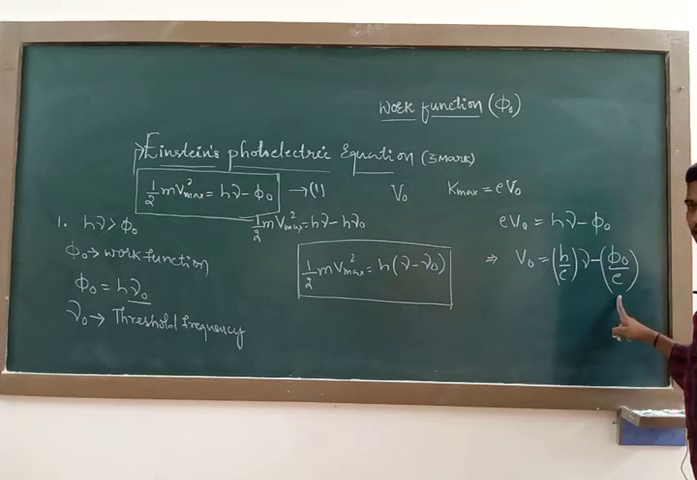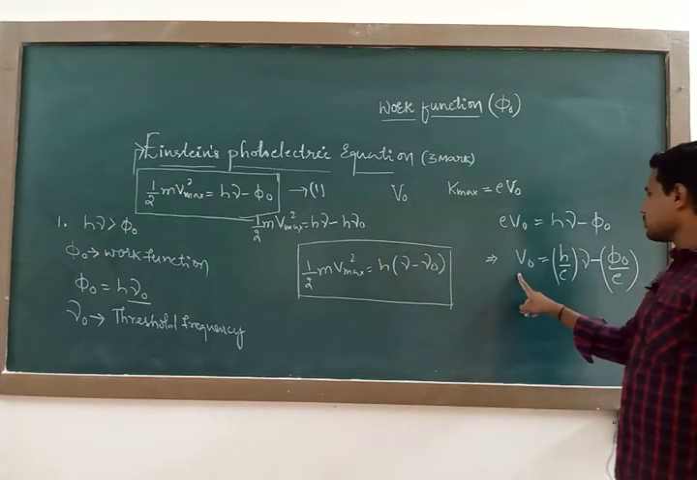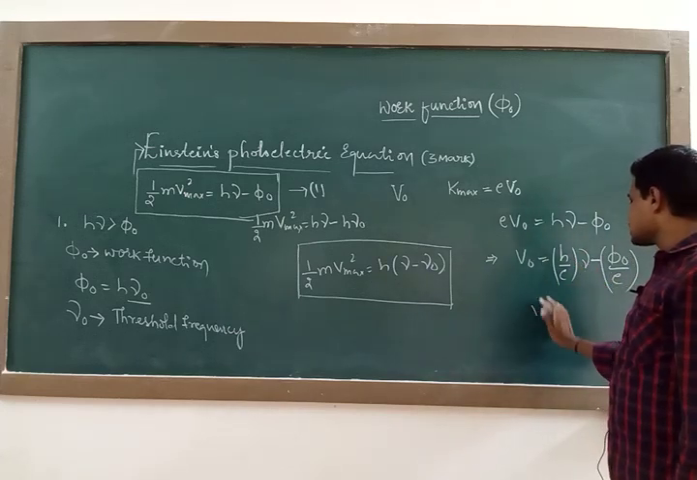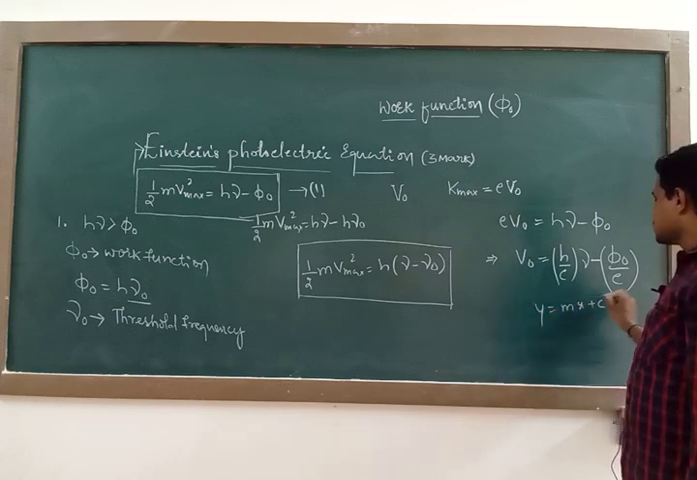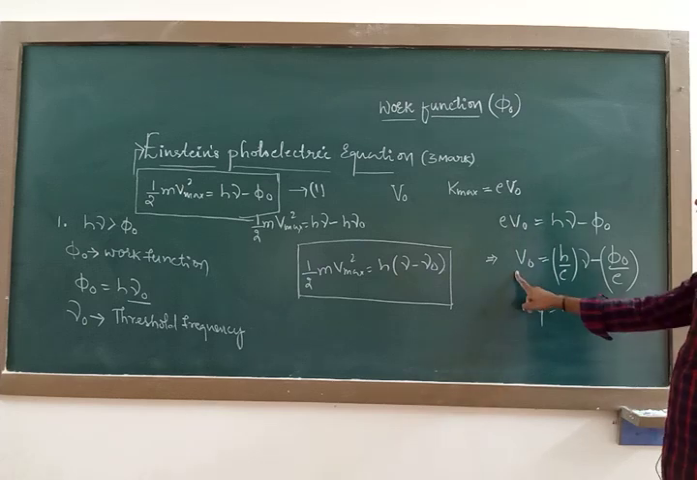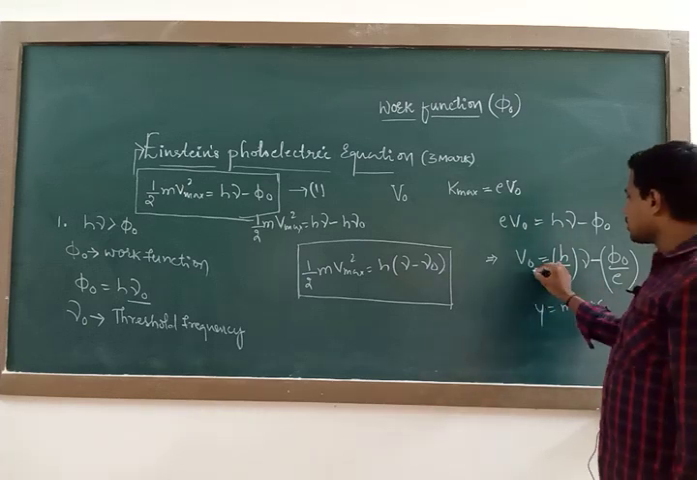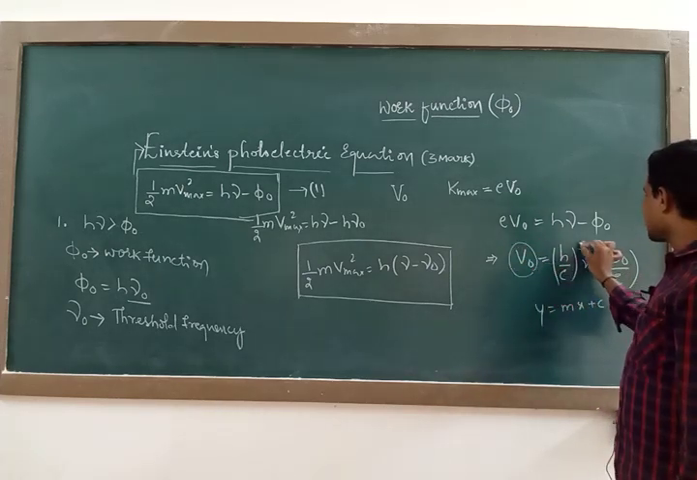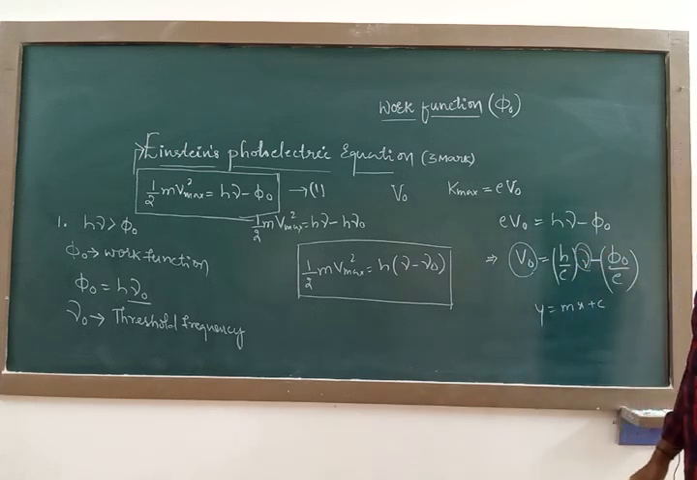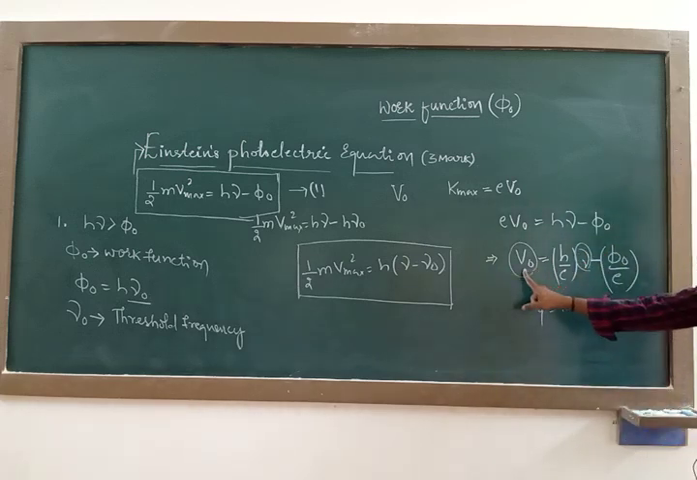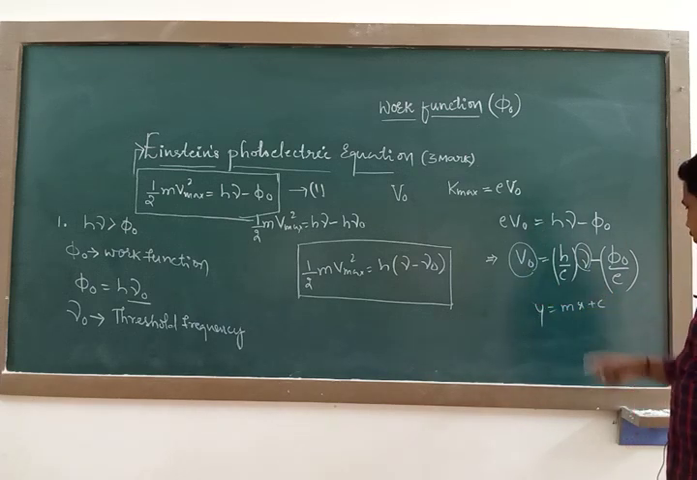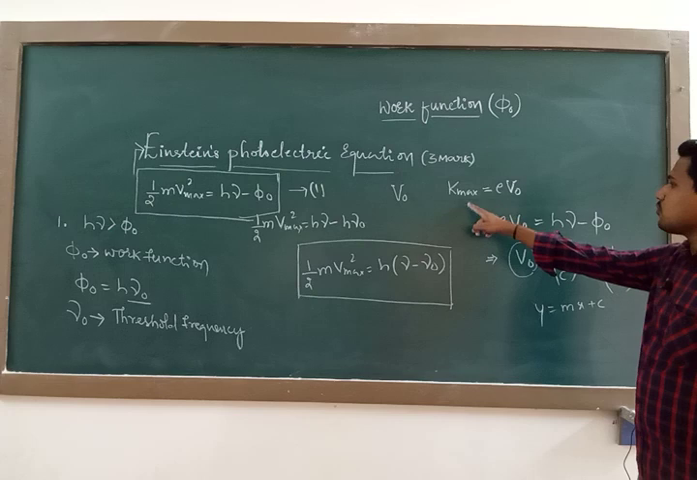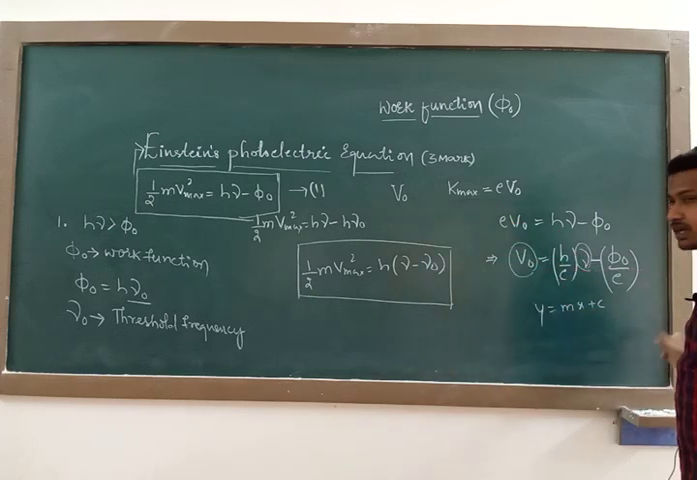See, φ0 by e, h by e, V0 is equal to, this equation is similar to what? Equation of a straight line, mx plus c. So from this equation what we are confirming here is that the stopping potential is purely dependent on frequency. Yes or no? Stopping potential is independent of intensity. It depends upon the frequency of the incident radiation. So this is another form of expressing Einstein's photoelectric equation